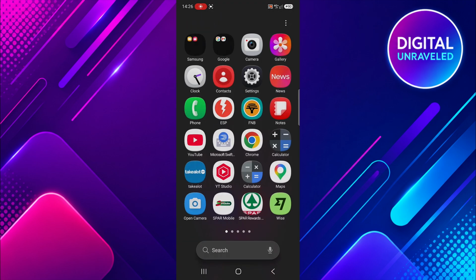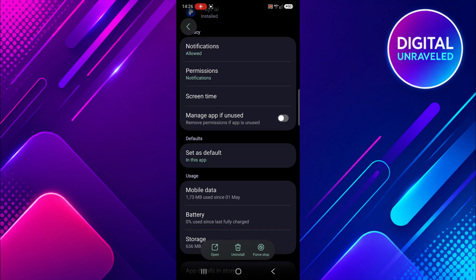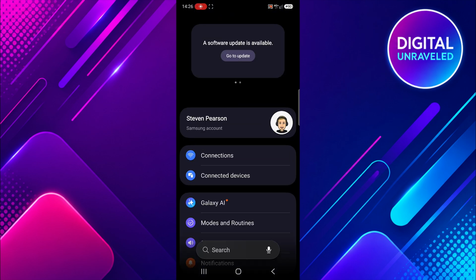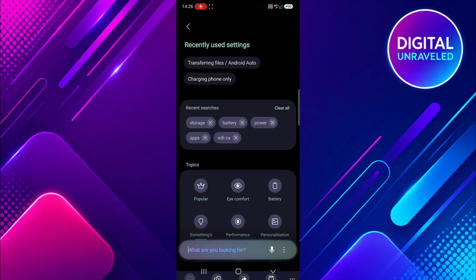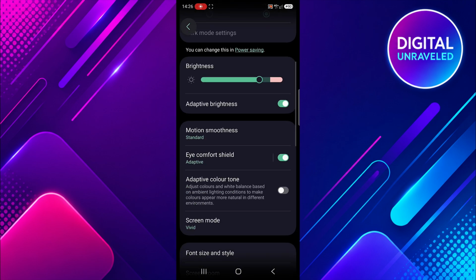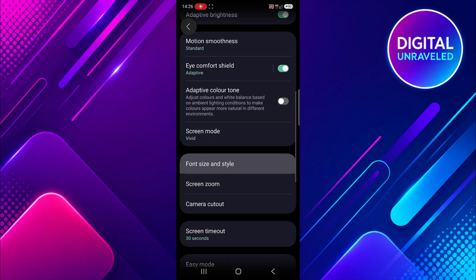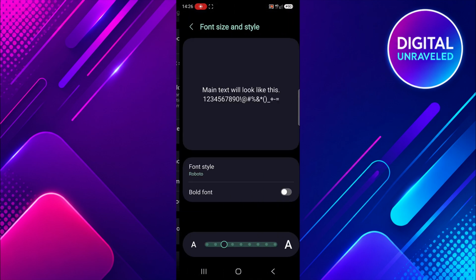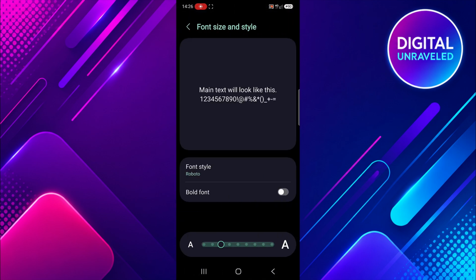Okay, then what you want to do is go into your settings. Once you're in settings, you just need to search and type in font. And there you'll see the option font size and style. So click on font size and style, and then you can scroll down and click on font size and style. Now for me, I have the Roboto font selected, and you can also make the font bigger by moving